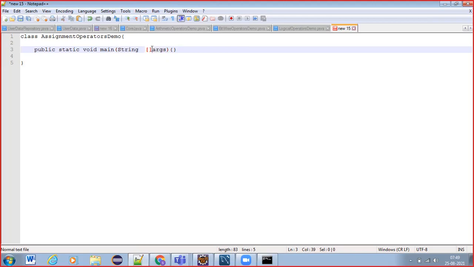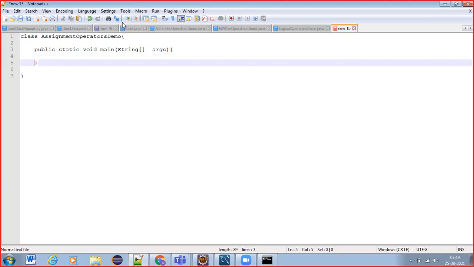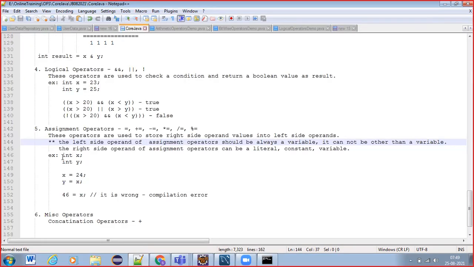You can place these square brackets after the data type or after the name, either place, but not on both places or before the data type. Here also you cannot place. Now take the operators.